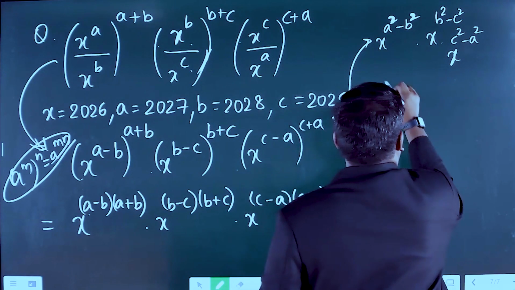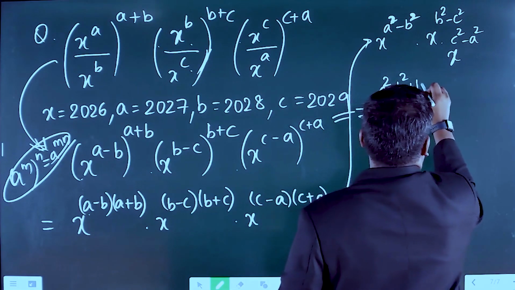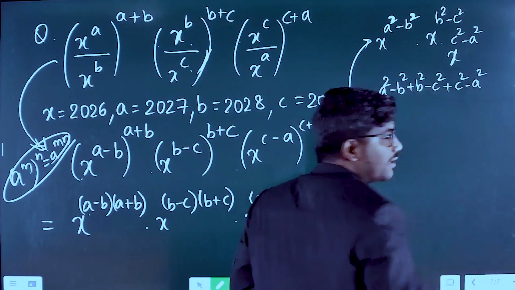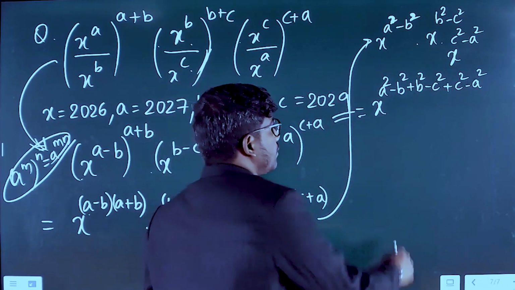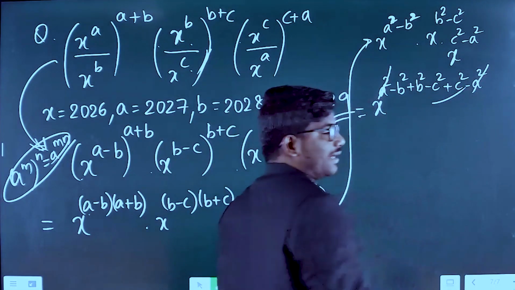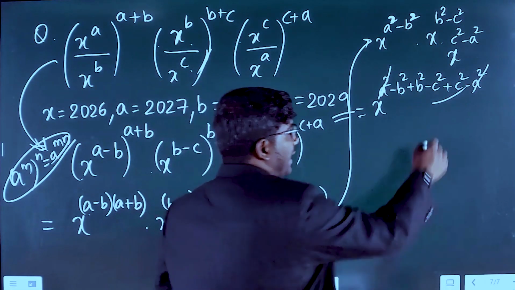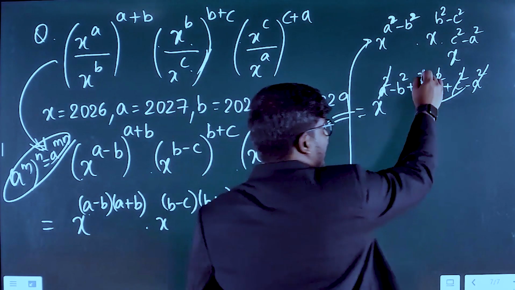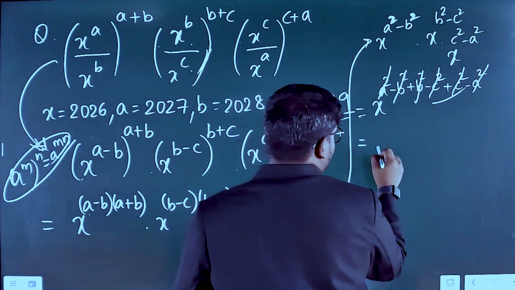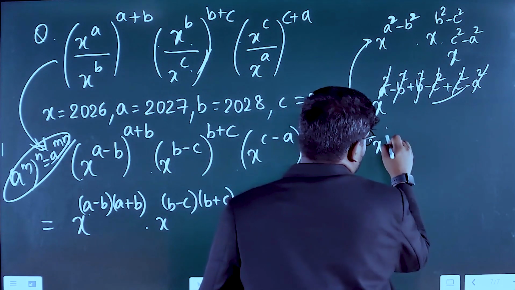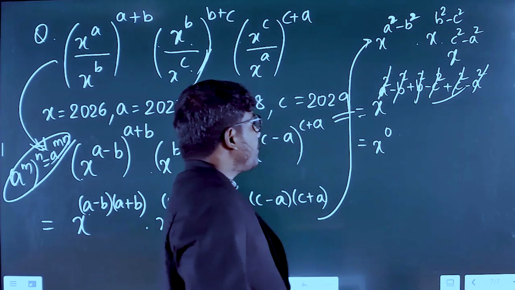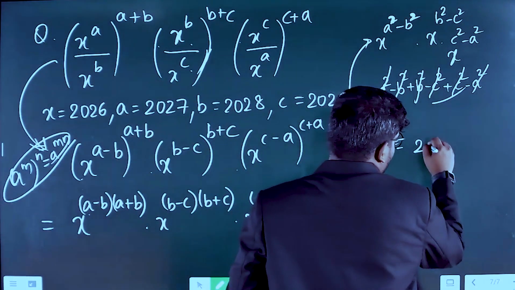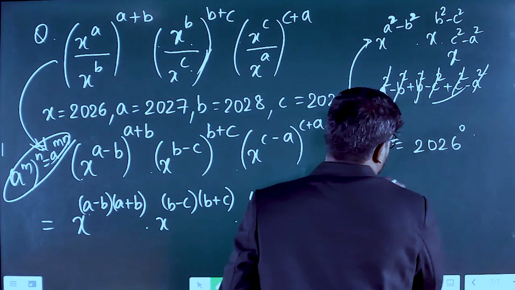x power a square minus b square plus b square minus c square plus c square minus a square, right? Now this a square and the minus a square get cancelled, and the plus c square and minus c square are going to get cancelled, and the plus b square and minus b square will be getting cancelled. So this will overall be x power 0, and since x is 2026, this will be 2026 power 0, which is 1,